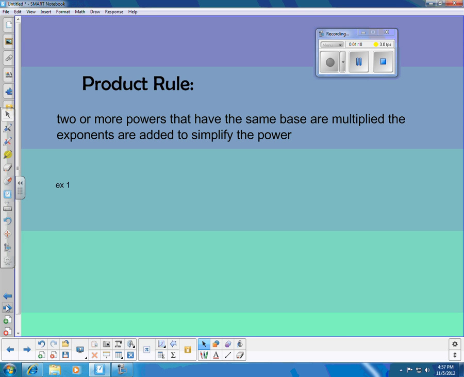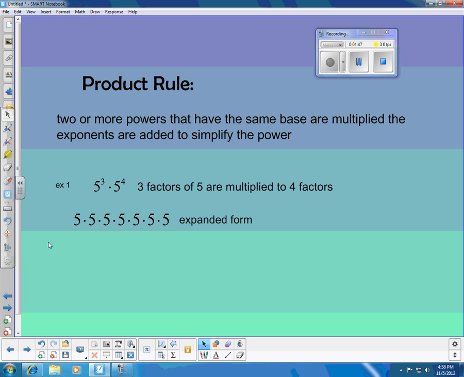The product rule is: if 2 or more powers that have the same base are multiplied, the exponents are added to simplify the power. Our first example is 5 raised to the power of 3 times 5 raised to the power of 4. This tells us that 3 factors of 5 are multiplied to 4 factors of 5. If we expand this, it would look like 5 times 5 times 5, there's our 3 factors, and then we're multiplying that to another 4 factors, and when we simplify that,